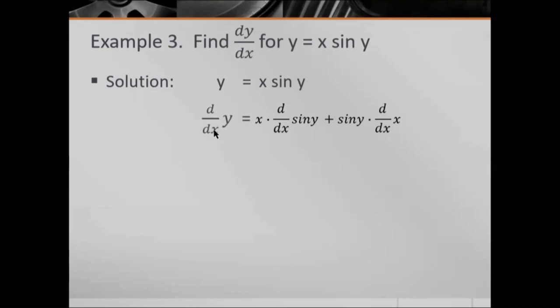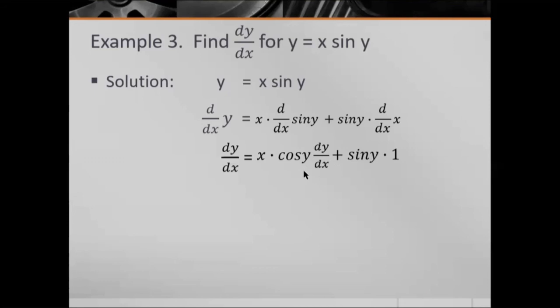Okay? So, yung left side muna, pag kinuha natin yung derivative niya, magiging dy over dx. At yung right side naman ay x times cosine y dy over dx, kasi derivative ng sin y with respect to x ay cosine y dy over dx. Plus, bring down sin y times derivative of x with respect to x is 1. Plus sin y times 1. Okay, so